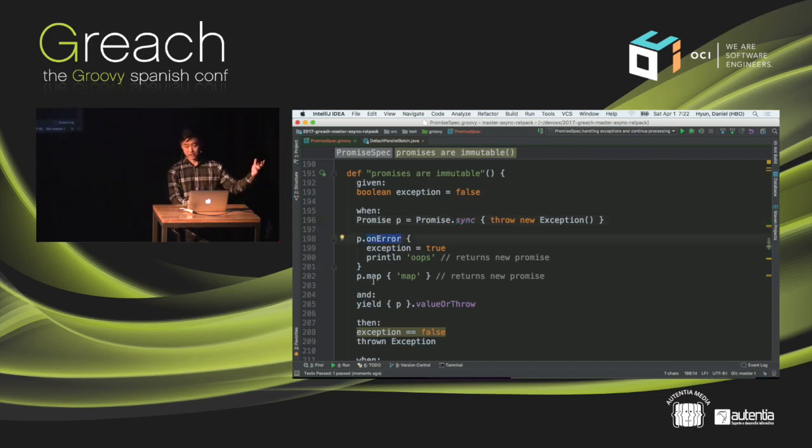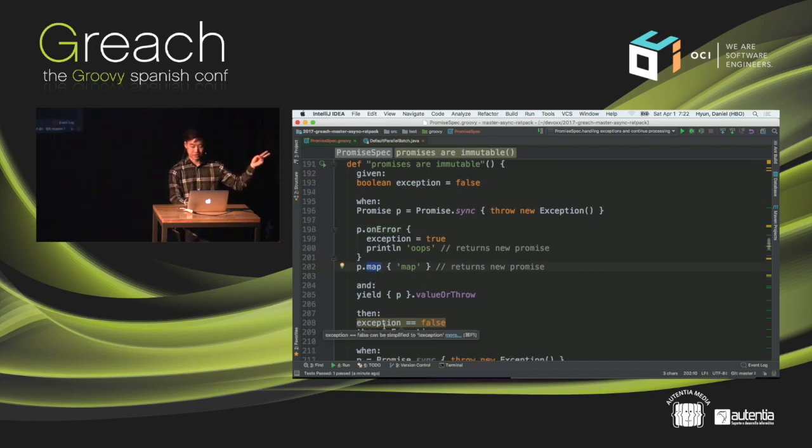So, well, Dan, what about all these other methods that we invoke? What ends up happening with that? Well, every time you invoke these methods, it ends up creating a new promise, right? And then what you end up doing is chaining these promises together. So if we take an example here, and we have a promise that throws an exception, we think that we're adding an error handler. We think that we're adding a mapping function onto it. But what ends up happening here is that the exception does not get set. In other words, the error handler does not get processed.